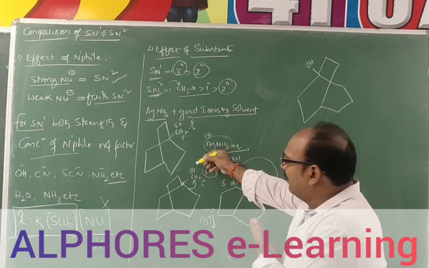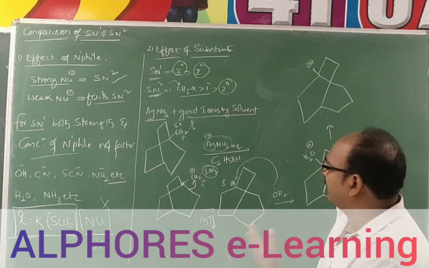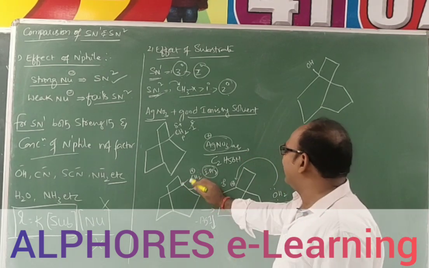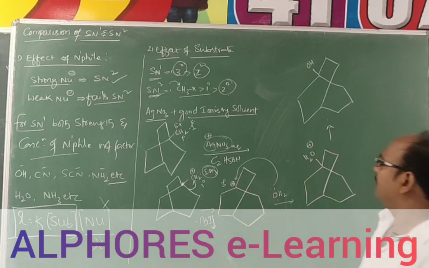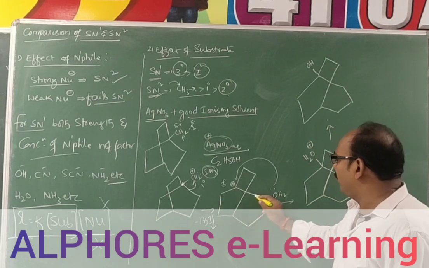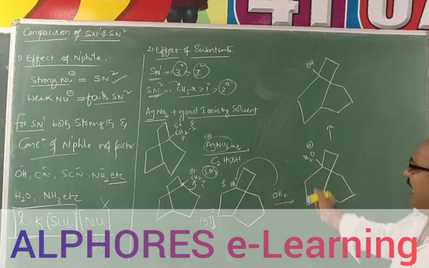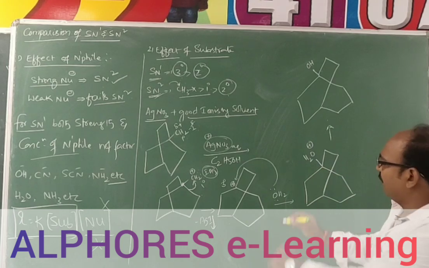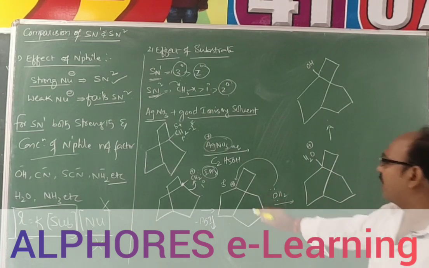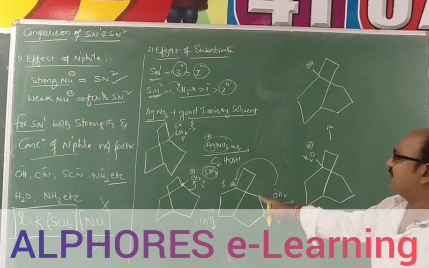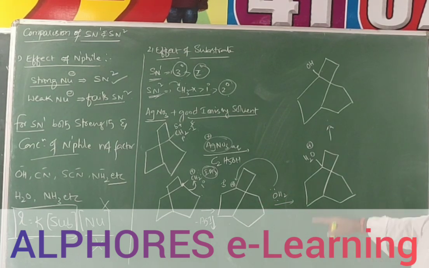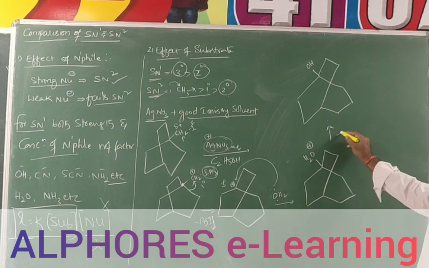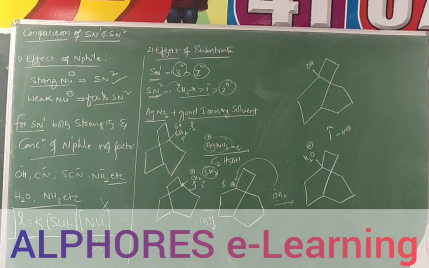Whenever the positive charge develops slowly on this primary carbon, this bond migration takes place slowly, and simultaneously we get this membered ring. 1, 2, 3, 4, 5, 6, 7, 8, 9, total 9 membered ring, means a bicyclic compound. Here you get a water molecule on this one. Because of the large ring, hindrance is also less, and this carbocation is also stabilized. If the ring is small, then the carbocation is unstable. Now it is stable, and a water molecule, the solvent molecule, comes and attacks the tertiary carbocation. Further deprotonation gives the tertiary alcohol.